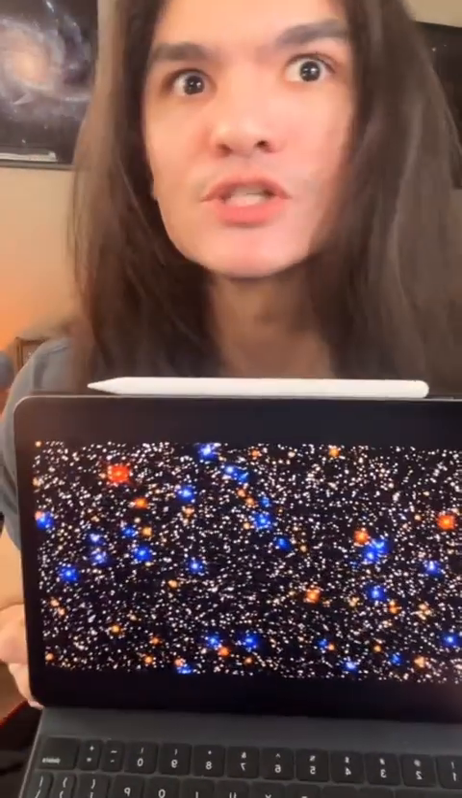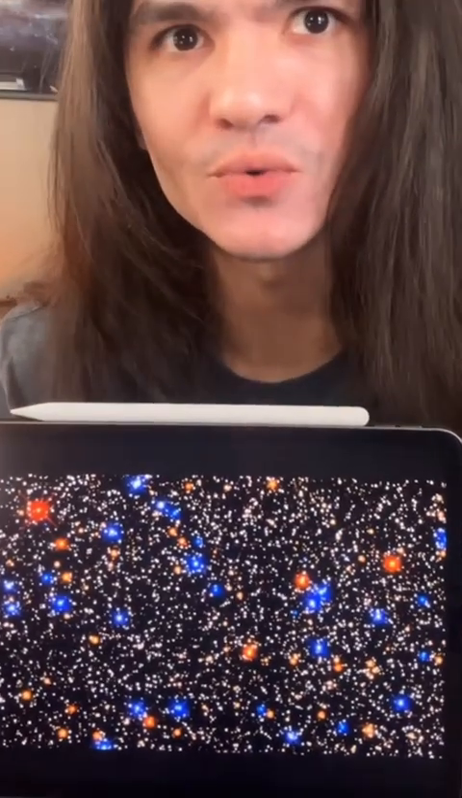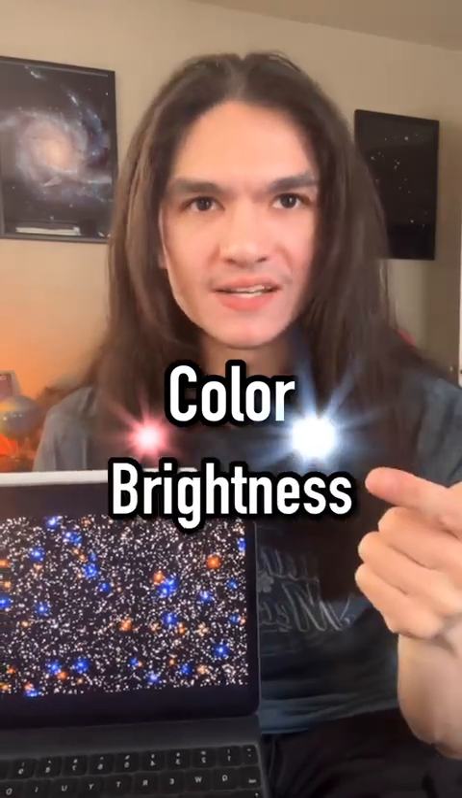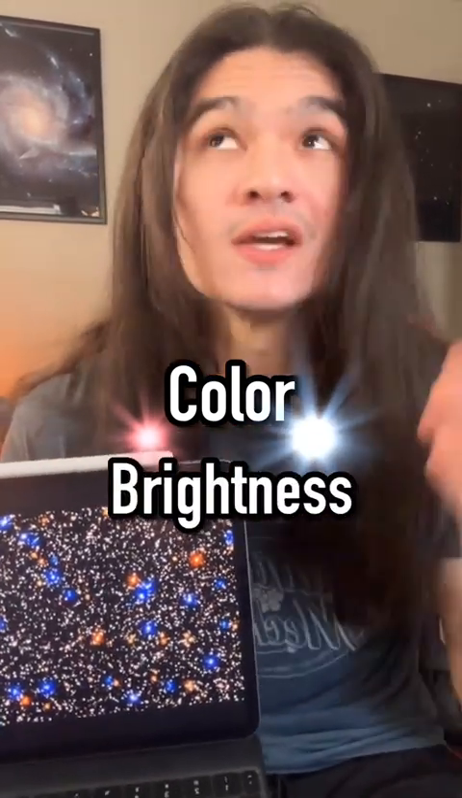Dude, take a look at this picture of stars. Are there any differences between them that you can make out? Well, they have different colors. Right? Anything else? Some are brighter than others. Yes, color and brightness are really the only differences that we can distinguish between stars just by looking up at